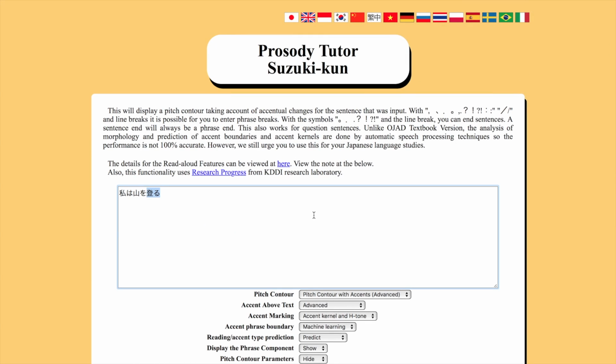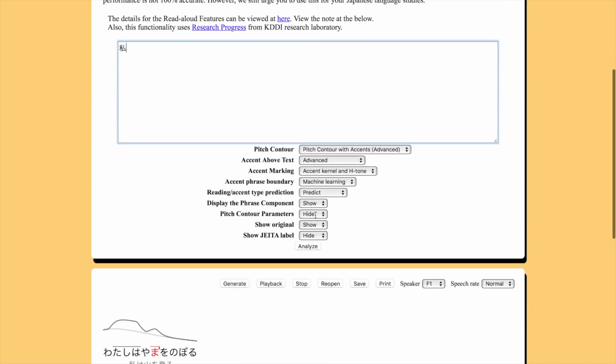So again, this is extremely useful, but this tool is a lot like Google Translate. And what I mean by that is it's really good for individual words, and it usually gets individual words right. So if you don't have an Apple computer, this is a great source for looking up the individual pitch accent patterns in Japanese. But as things get more complicated, especially with compounds and verb conjugations and adjective conjugations, it starts to make more and more and more mistakes. Just like how Google Translate will make more mistakes the longer and more complex the statement is.